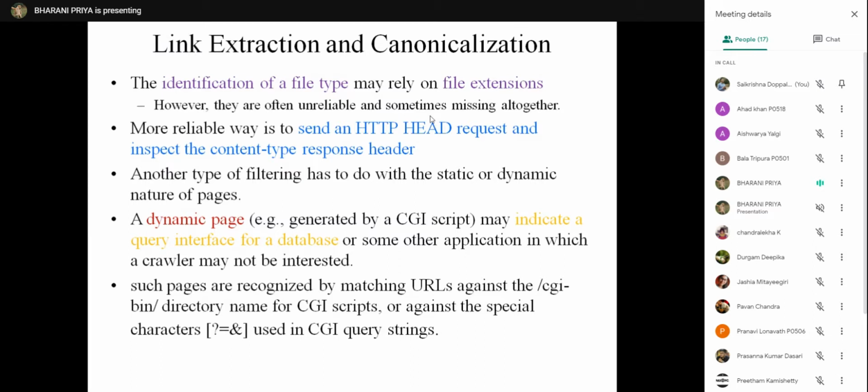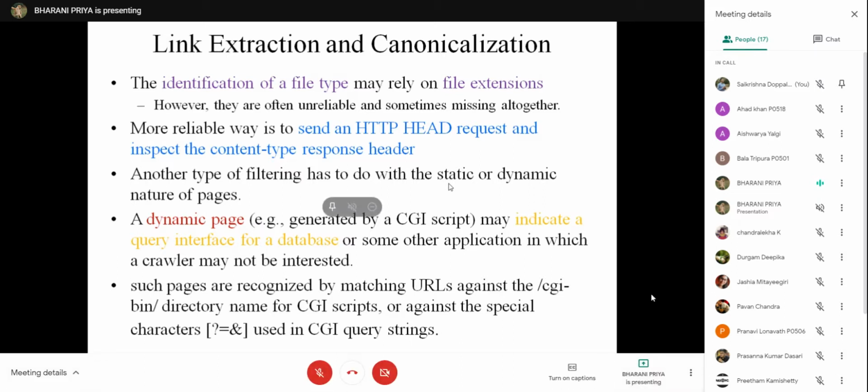One way is by removing the file extensions, by which we are filtering the URLs, and the next type is with static and dynamic natures of the pages. So how will you identify whether the page is a static page or a dynamic page?